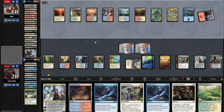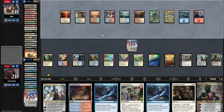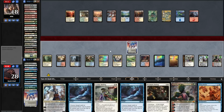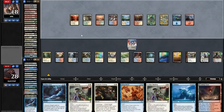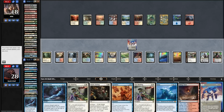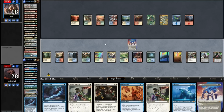This isn't real Magic anymore. Yeah, they can't burn me out from 28. I'm just going to make sure I don't get clocked out. And the good news is we can see how we beat these dopey creature decks. We definitely have the grinding power that you'd want out of a blue-white control deck. My opponent is a big cornball. I don't normally complain about strange Magic Online motivated behavior, but I'm ahead on the clock far enough that this